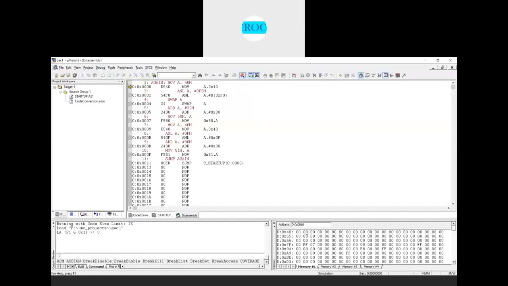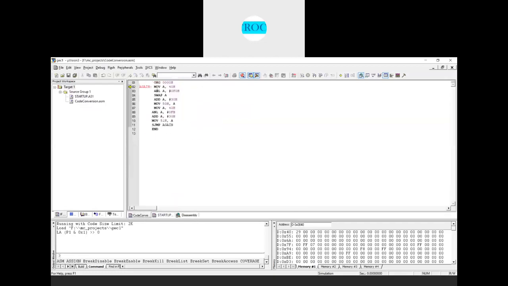Now I'll go to the memory location. This is where I'll give the packed BCD number, 29. So the first step, these two operations, the ANL operation, is converting the packed BCD number to the unpacked BCD number, right?